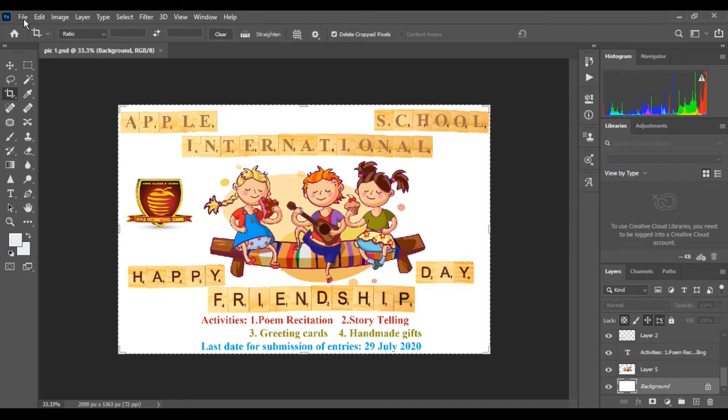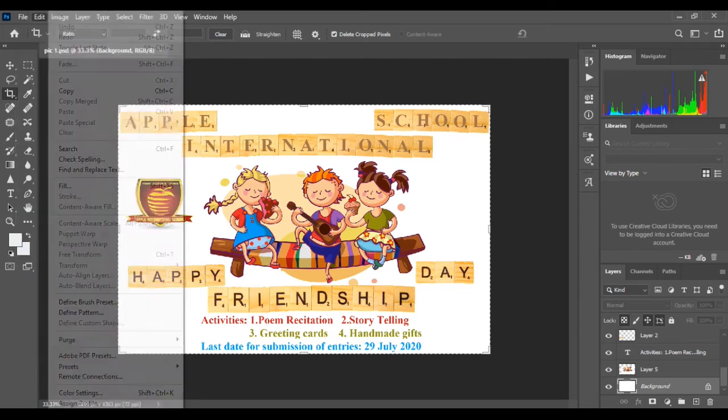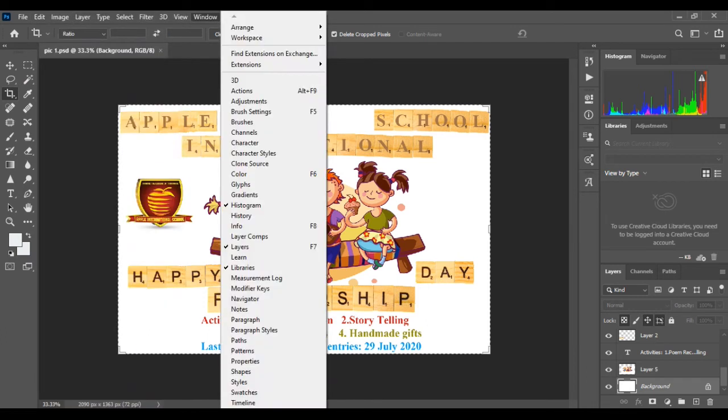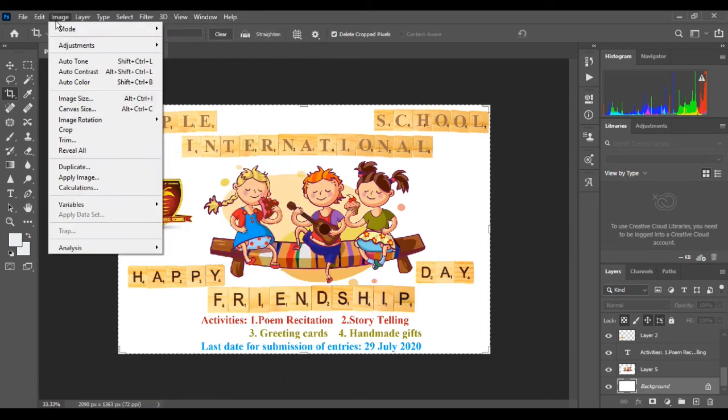Then the text menu bar. It is located below the title bar. The various menu options can be selected from the text menu bar, for example, file menu, edit menu, window menu, image menu, and so on.